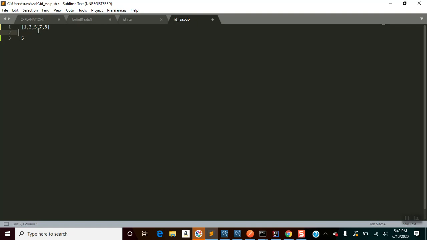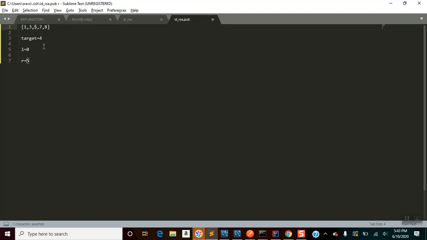In case the target value is less than this value, assume the target value is given as 4. This is the target value. Now if the target value is 4, in the binary search what you will check is whether the given target value is less than 5. Why 5? Because this is the middle value, right? In binary search we use left pointer as 0 and right pointer as the length of the array, which is 5. So 0 plus 5 by 2, this is the middle pointer.